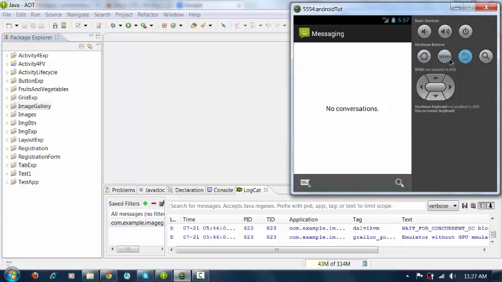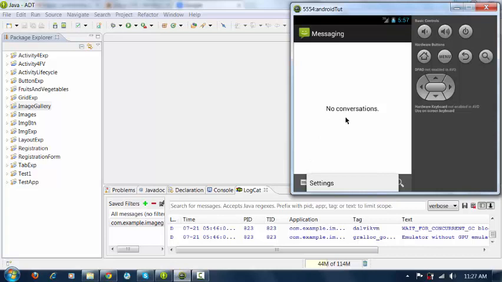I think we have already discussed the home button and back button. Back button is used to go back to the previous activity, and home button is used to minimize all the applications and to display the home screen. And the menu button is used to show the menu options. Now suppose if I click on this menu, you can see the option here. Remember, this is your basic layout, which you can see here. On the basic layout, it is displaying another layout where you can find the settings.